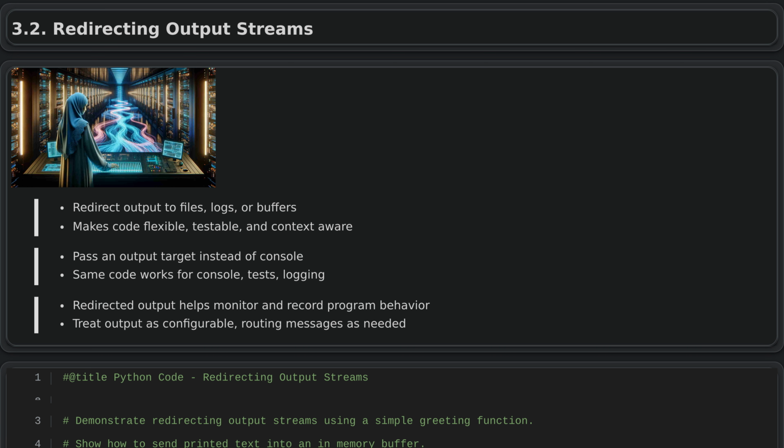Redirecting output streams. Redirecting output streams lets you send text that would normally appear on the screen to other places, such as files or buffers, which is especially useful for testing. Instead of assuming output always goes to the console, you can change the destination so the same code either shows messages to the user or records them quietly during tests. This flexibility makes your programs easier to test and adapt, because you can swap output targets without changing the core